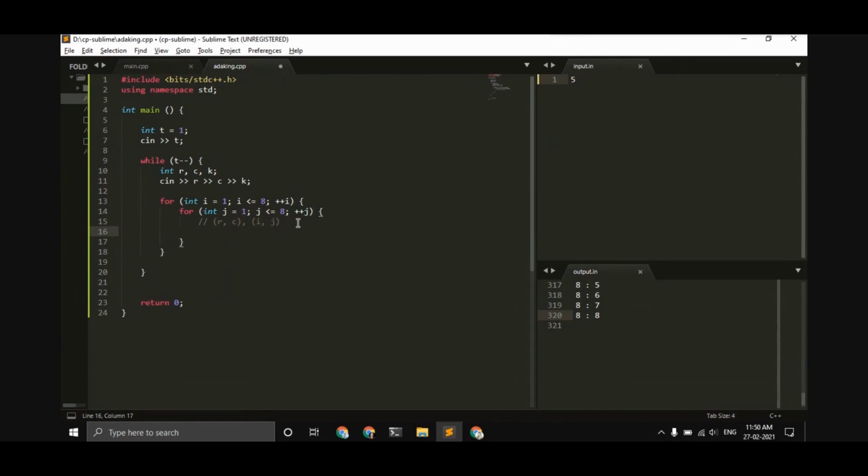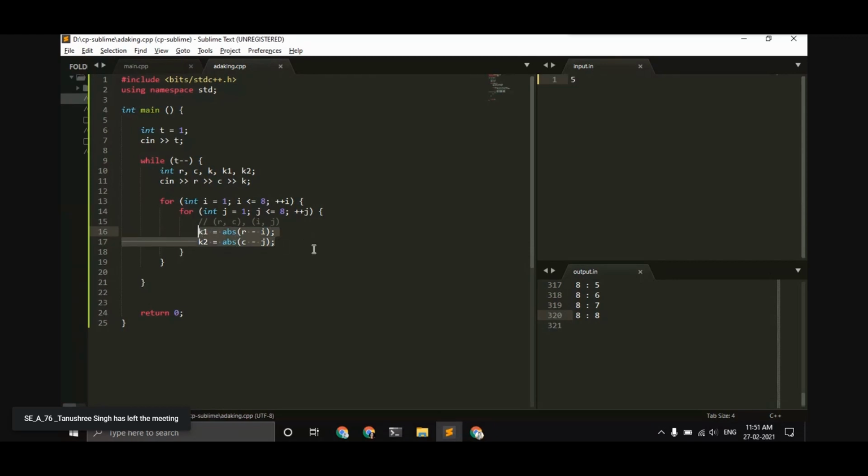For that, we first calculate K1 and K2, the horizontal and vertical distances between these 2 points. So let's initialize K1 and K2 here. K1 will be the absolute value of R minus i, which is basically the horizontal distance between these 2 points. And our K2 is the vertical distance between these 2 points, C minus j.